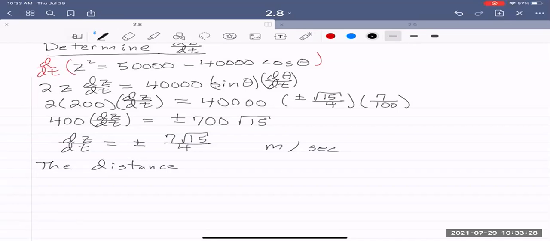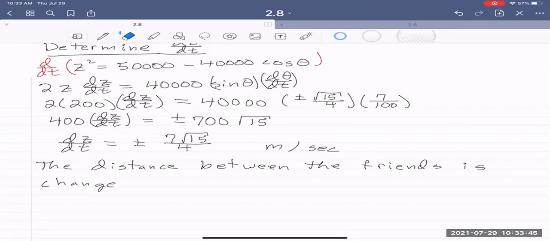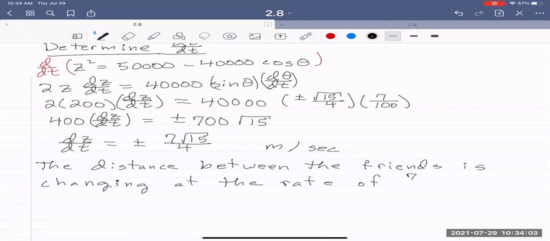So I'll just say the distance between the friends is changing at the rate of 7 root 15 over 4 meters per second. So I'm not saying if it's increasing or